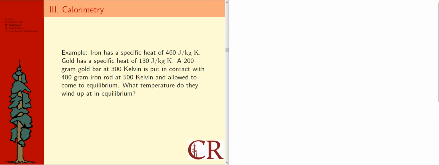So this is a calorimetry situation, although it's maybe a little bit different than a lab technique type of calorimetry situation. In that type of situation, more likely you'd actually measure the temperature that the combined system winds up in equilibrium, and then use that to calculate one of the specific heats based on the other one being known. So that's more of an application there. But nevertheless, this question is of a similar type and will give us some idea of how to analyze